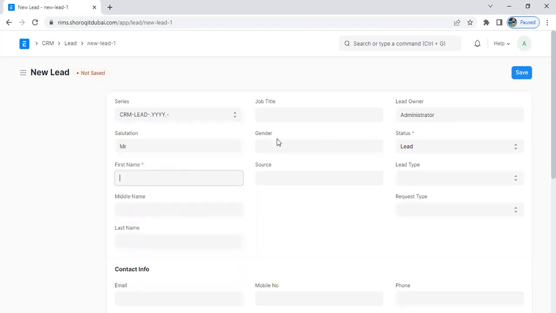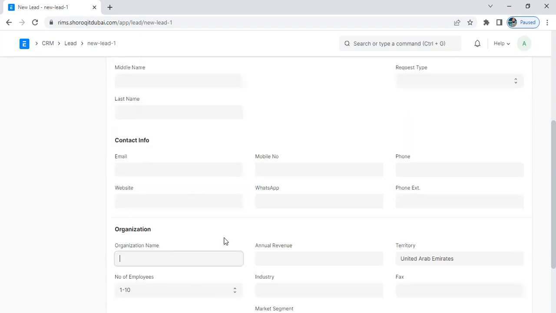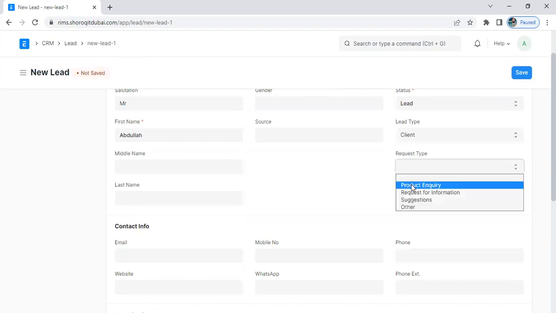Let's say Mr. Abdullah, and his company details and everything you can add here. This is just a lead. There is no 100% confirmation that this will turn into a sale, only a lead that they might require. You can select here what kind of lead this is, what kind of request they are making,